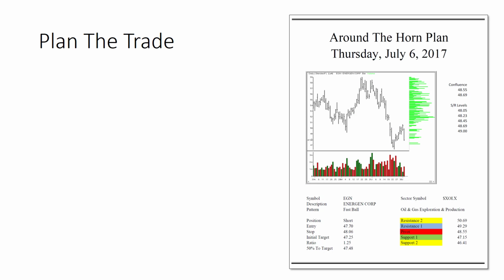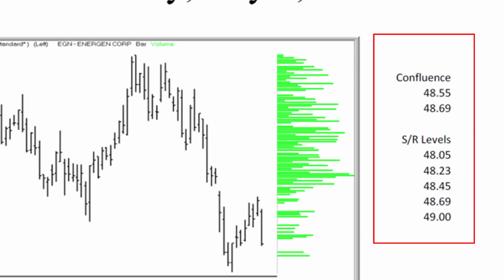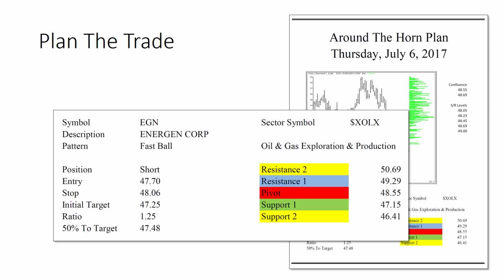Now let's look at the trading plan. Our support and resistance levels are bunched up on this one, and it does give us confluence around that $48.55 mark. So we've got a fib retracement to 50% that's going to happen right at $48.55, and then we have support and resistance levels that aggregate right in that same area. So in terms of how we're going to handle this the following session, if it were to trigger and we were to take it, fastball, expansion of range and volume, short side setup,